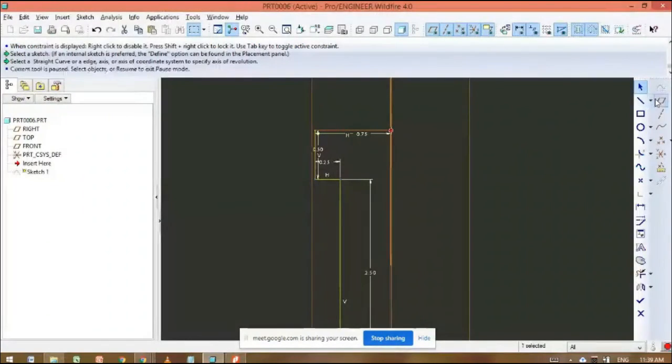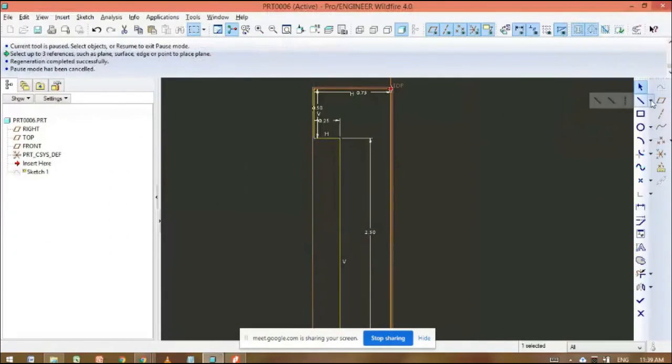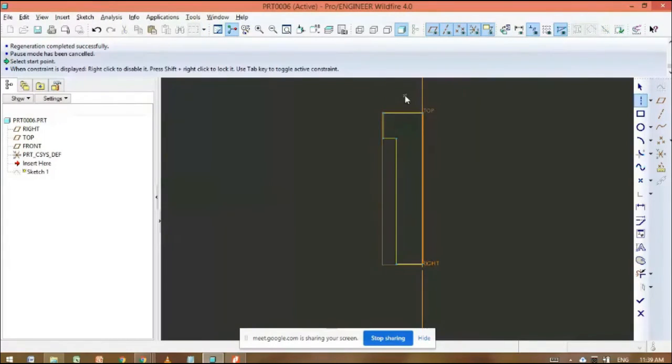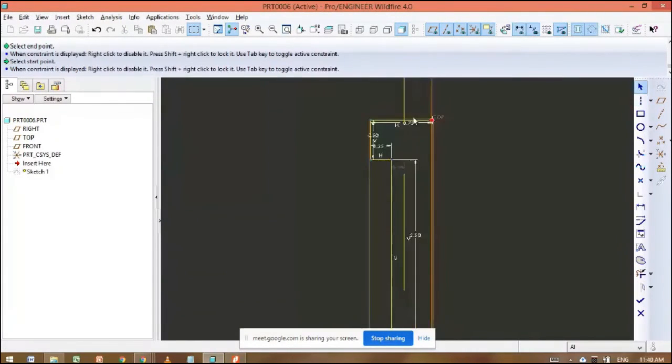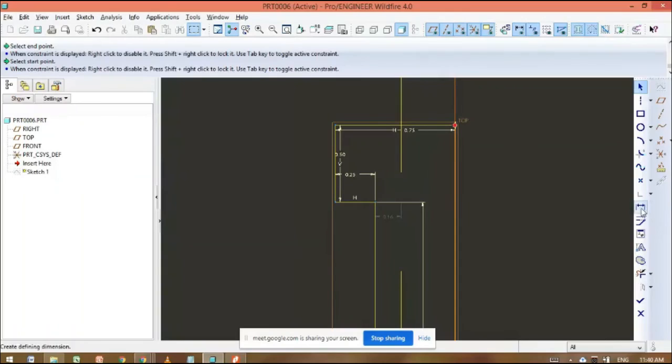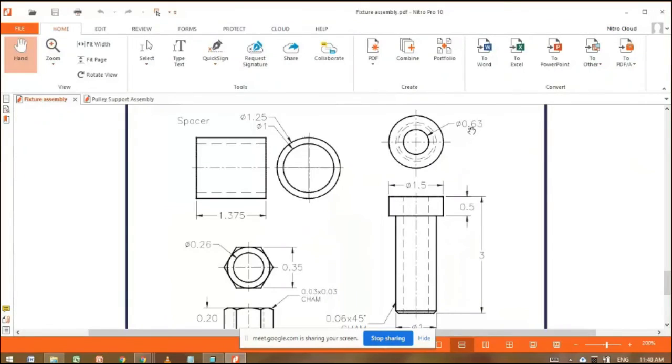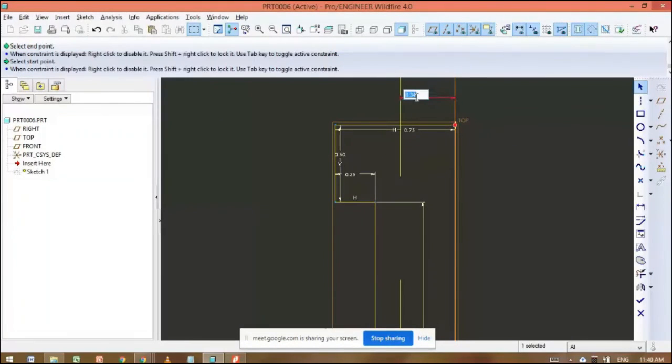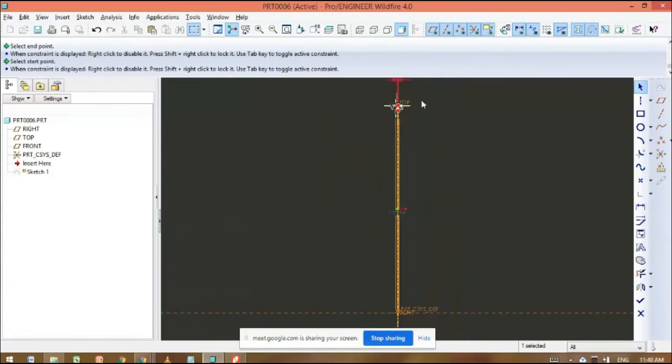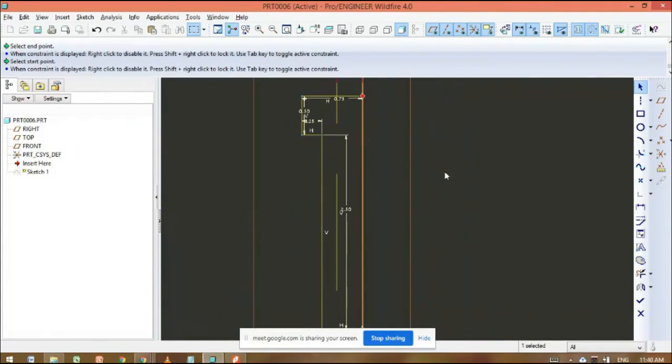So I can draw one center line here. Okay, the distance of the center line from this axis is 0.63 divided by 2. Okay, and complete this sketch up to this center line.